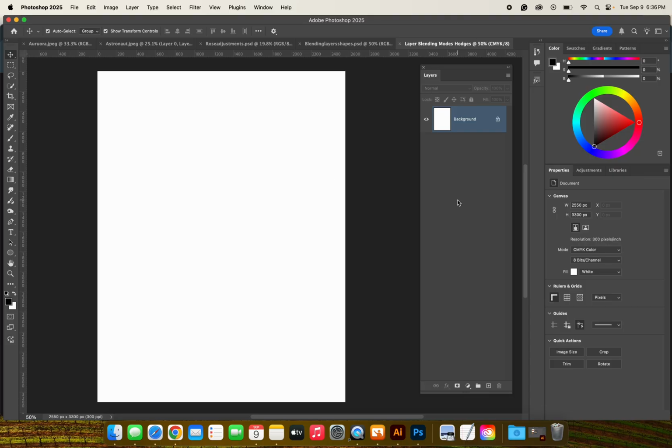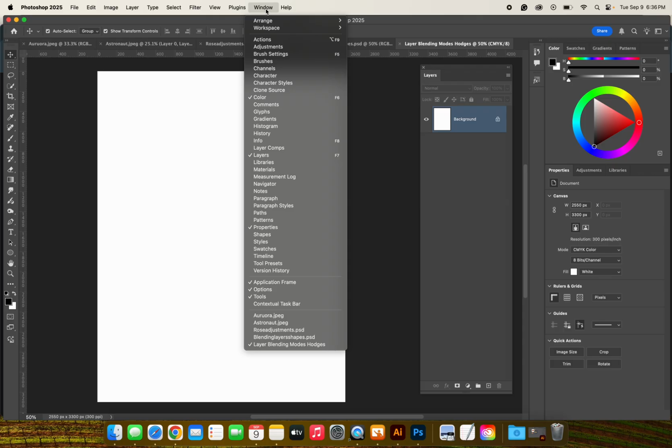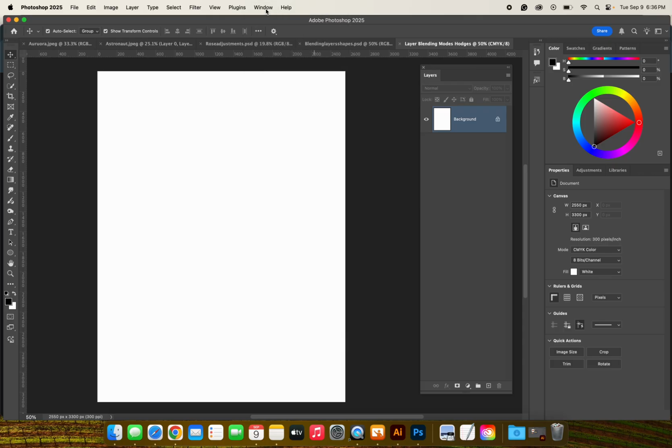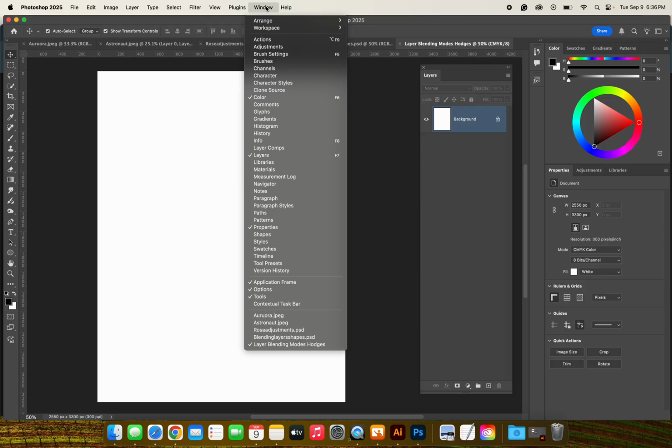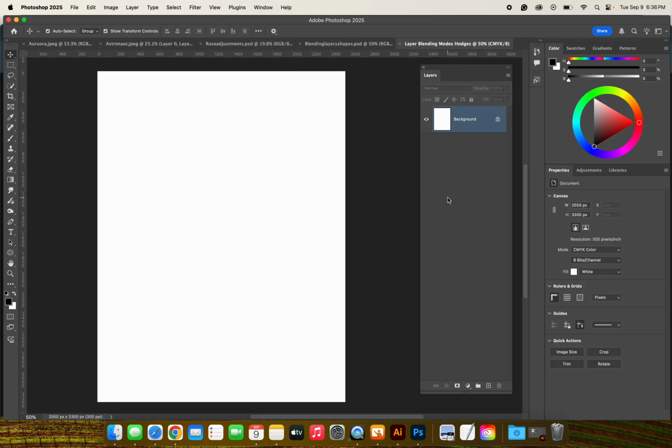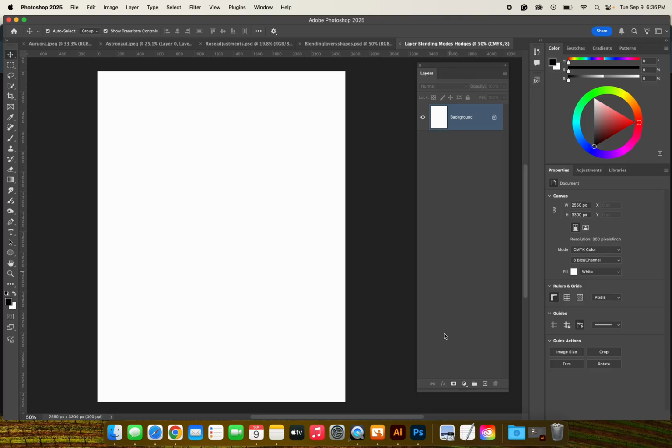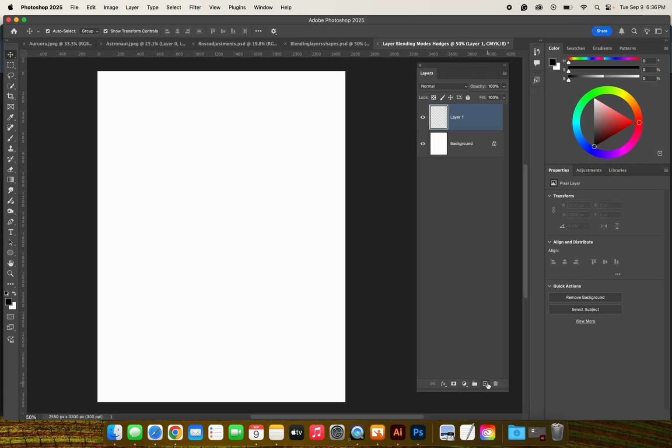If your layers are not up, you will go to Window, Layers. You will hear us say this 1,000 times, but Window, Layers, that's the first thing you want to do. I like to have mine out and open because once we get into working with projects, you have a lot of layers to look at, and it's easier to navigate your layers if you can see all of them. So right now I am going to make a new layer. So I have my layer panel open. I'm going to navigate down to this plus sign,